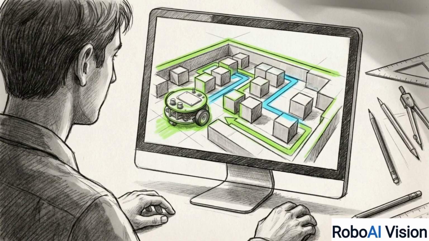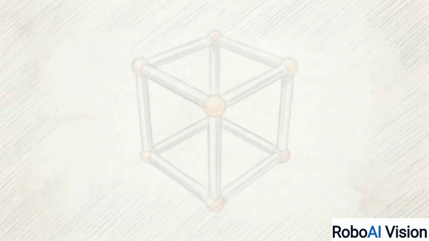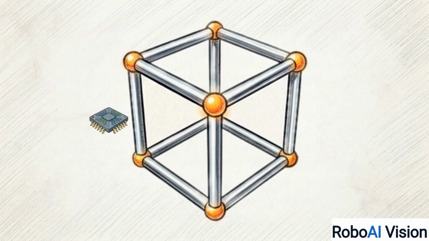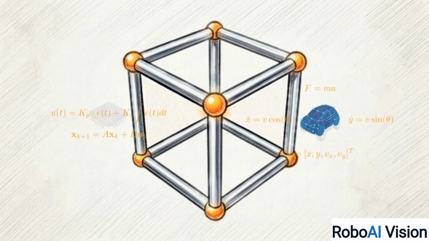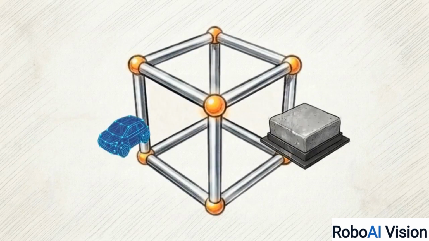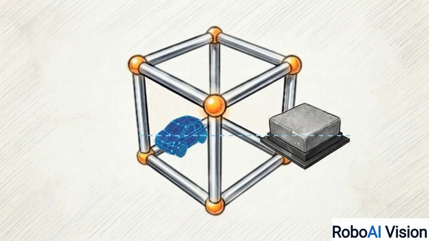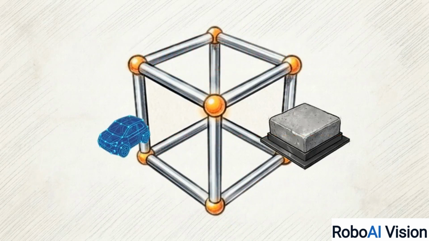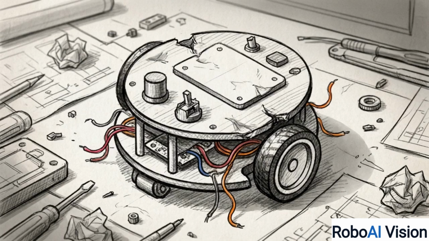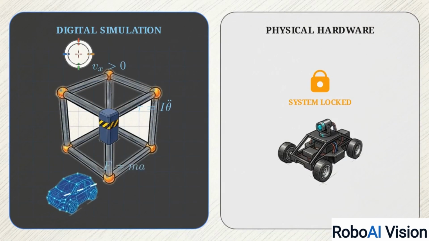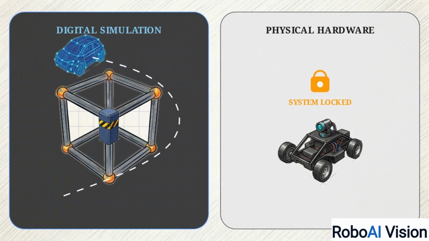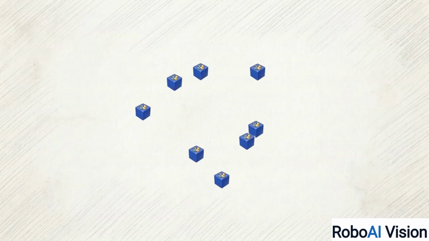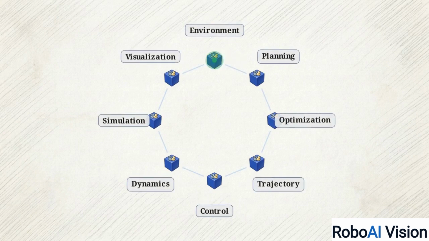To solve this without risking hardware, developers use a model-in-the-loop simulation framework. This creates a closed environment where both the control software and the physical robot are represented as mathematical models. This setup allows for rapid testing, ensuring that a logic error leads to a crashed simulation rather than a physically destroyed hardware prototype. Validating these mathematical models in an isolated digital environment provides a safety buffer before any code is deployed to physical hardware. The software itself follows a modular architecture, organized into 8 Python packages that can be tested